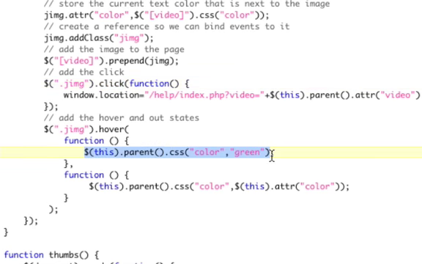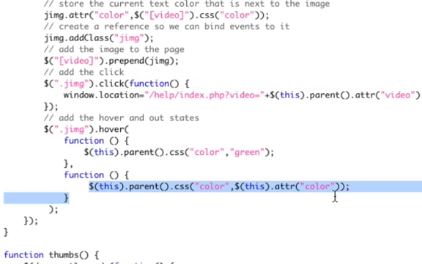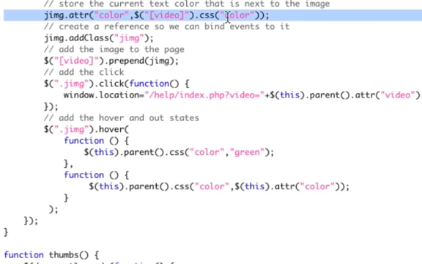So this is the hover function turning it green, and this is the out function turning it back to the color attribute that we set up here, that sets it to the color that it was before. And actually I don't think I showed the hover in the last video. It was too much time. But what I basically am doing here, and I'll just pull down the page to show you,